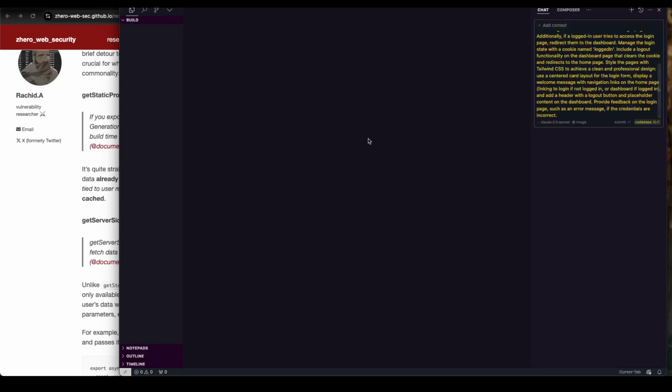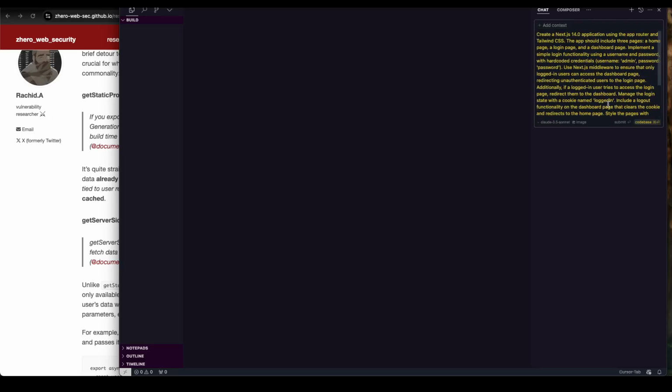So here in the chat box, no worries, whatever I'm writing here will be in the description, so you can just copy and paste. What I'm doing: create a Next.js 14 application using the app router and Tailwind CSS. The app should include 3 pages, a home page, a login page, and a dashboard page. Implement a simple login functionality using a username and password with hard-coded credentials, username admin, password